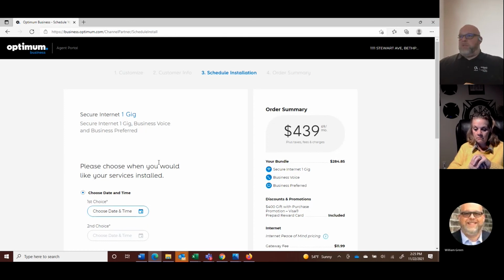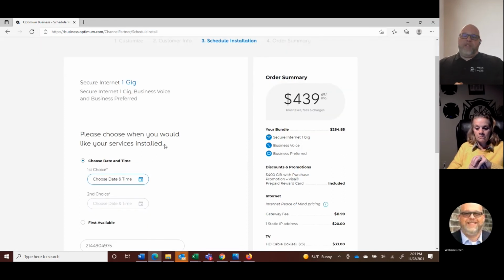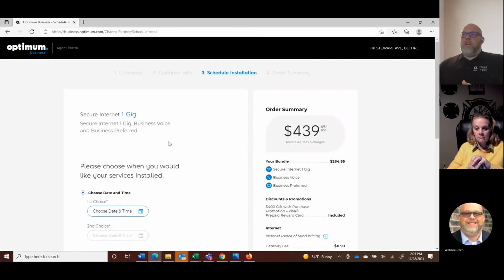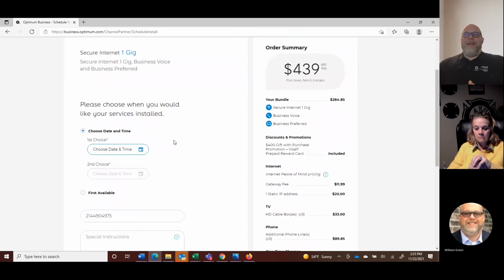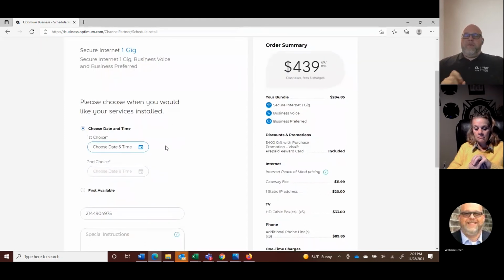It will throw the order process off. As you can see here, now you have a chance to schedule. It gives you an option of choosing a date and a time or a first available. If your customer is needing an install within 3 business days, do not choose a date and time. We typically run anywhere between 3 and 5 business